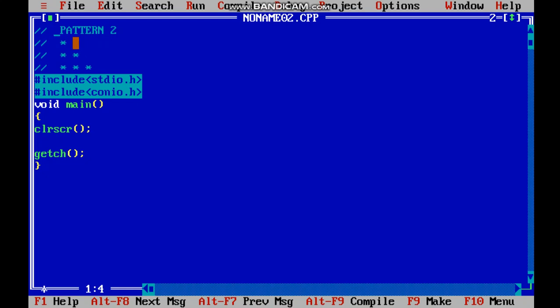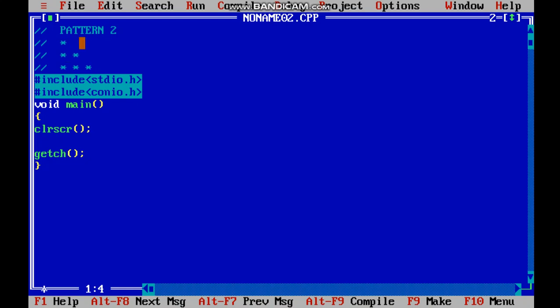in the top row 2 asterisks are missing, in the second row there is 1 asterisk missing, and in the third row no asterisks are missing. So basically we'll be making this pattern with the help of an algorithm. That is why we mainly focus on the algorithm part. If you can do this, then your creative part will develop, and later you will be able to think more precisely. Okay.